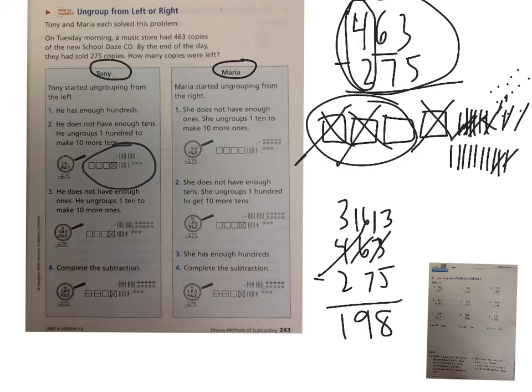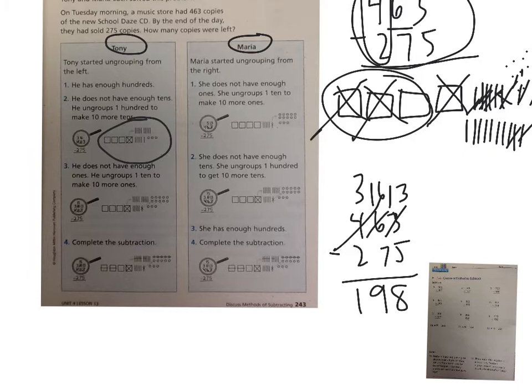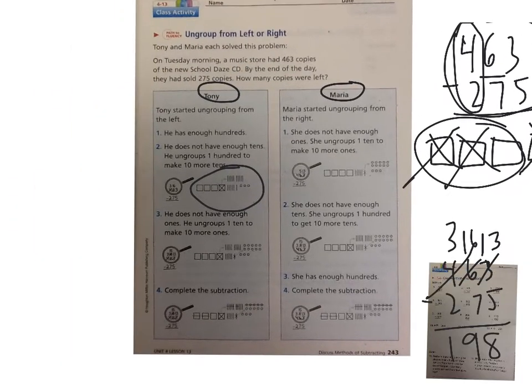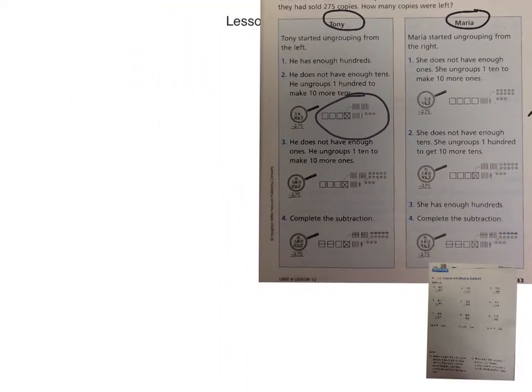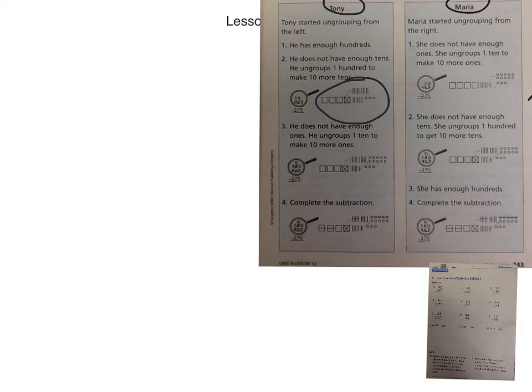Okay. So as you could tell, I'll move it to this side because I connected the writing. You can see the next one, Maria did it a little bit differently. She took 463, and subtracted 275. Okay, obviously this is all the same, but what she did is she did it a little bit different